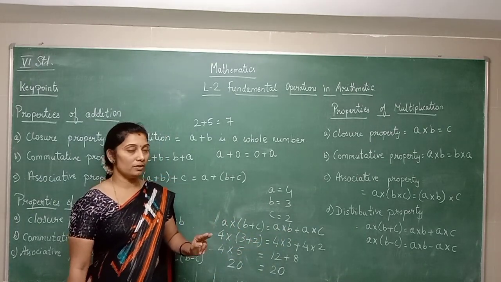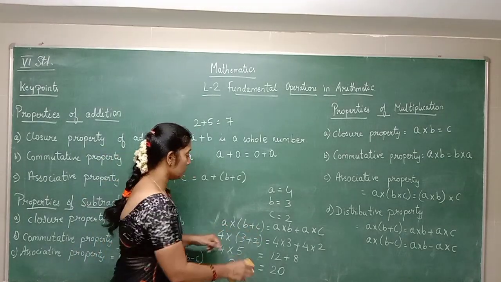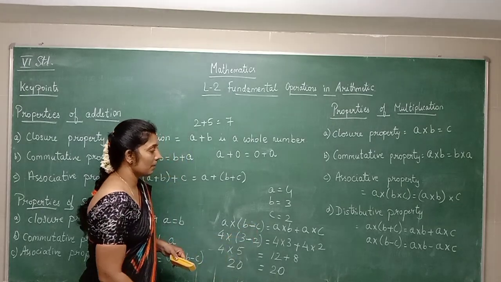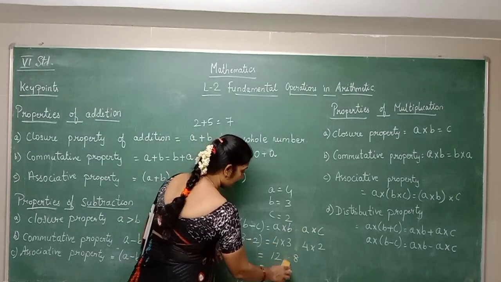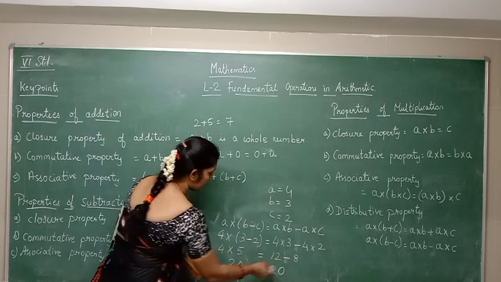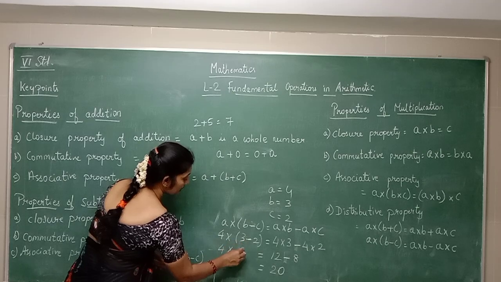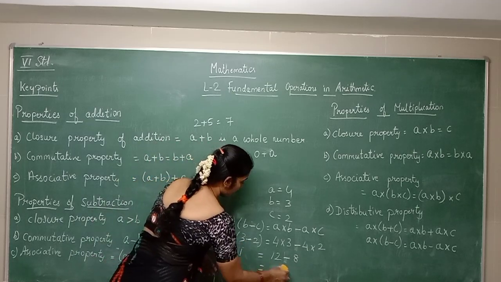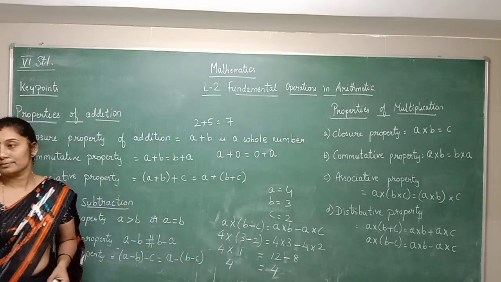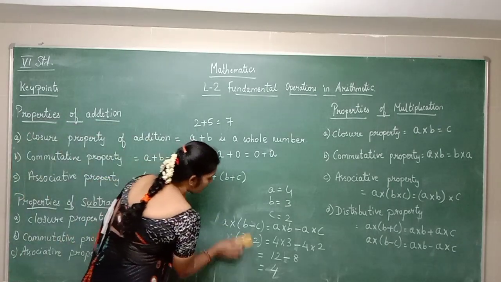The second property of distributive is the same thing, whereas you will do minus here. Here you have plus, no. Here I will do minus. B minus C. So here also I have minus, and here also I have minus to do. Minus, minus. Here I take 3 minus 2 is 1. 12 minus 8 is what now? 12 minus 8 is 4. So 4 and 4. Got this now? How to get your answer? So these are the properties of your